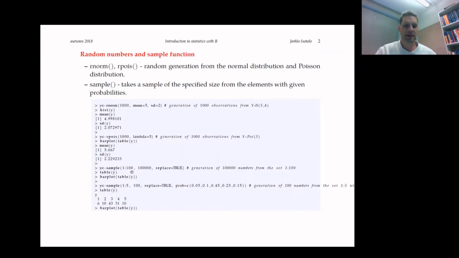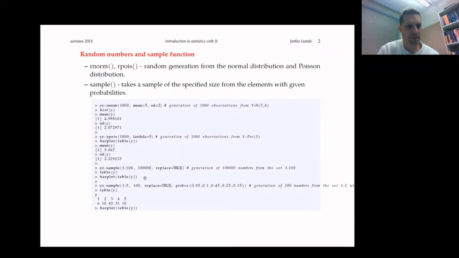And this is basically generating the numbers from a discrete uniform distribution with lower bound 1 and upper bound 100. Then we can use a table to get a frequency table, showing how many times each of these possible outcomes has occurred. That is the frequency table,